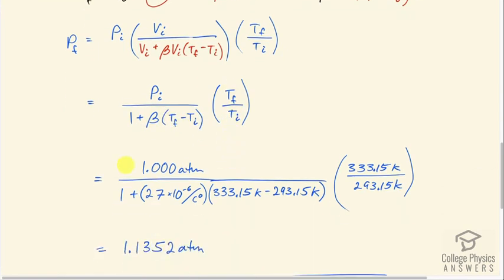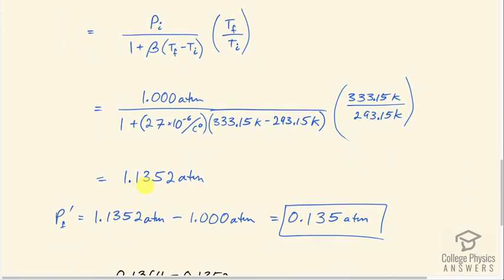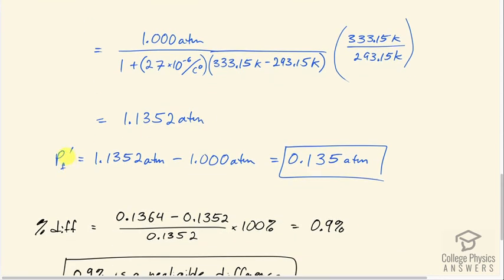And so we have 1 atmosphere initial pressure divided by 1 plus 27 times 10 to the minus 6 per Celsius degree, coefficient of volume expansion for ordinary glass, times 333.15 Kelvin minus 293.15 Kelvin, times the final temperature divided by the initial temperature, and we get 1.1352 atmospheres. Now, that's absolute pressure, and then finding gauge pressure means subtract an atmosphere from it, so we get